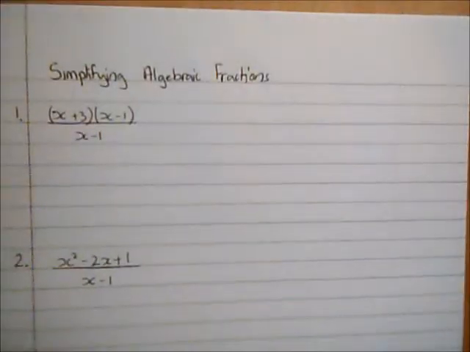Hello, welcome to this video which is on simplifying algebraic fractions, and this is the first video in the C2 series. Now we're going to look at a series of fractions and how we can simplify them, if we can indeed simplify them, and these are all going to involve at least one quadratic term, either as the numerator or the denominator. So this first example, we have a quadratic factorised as the numerator, and we can see, hopefully, that